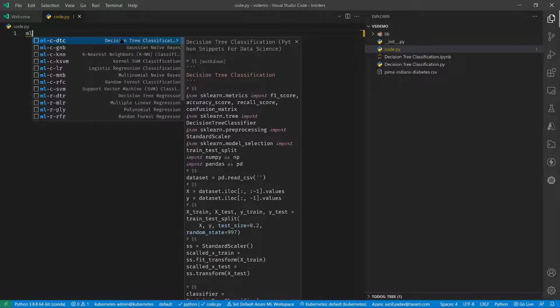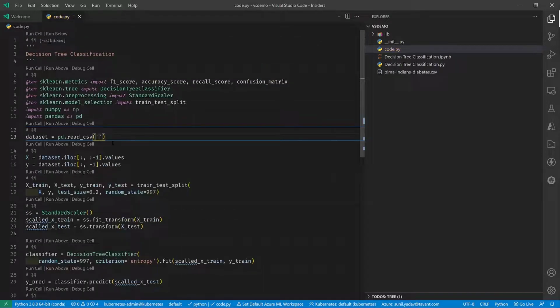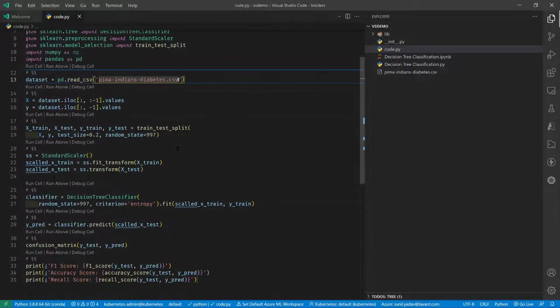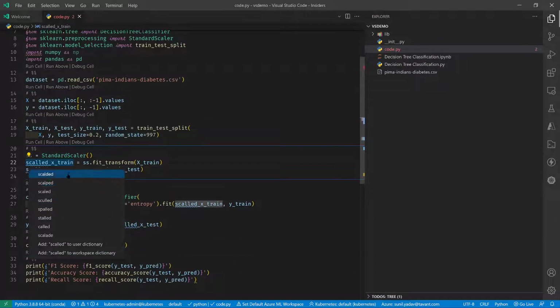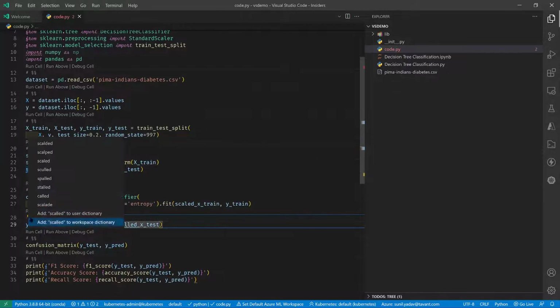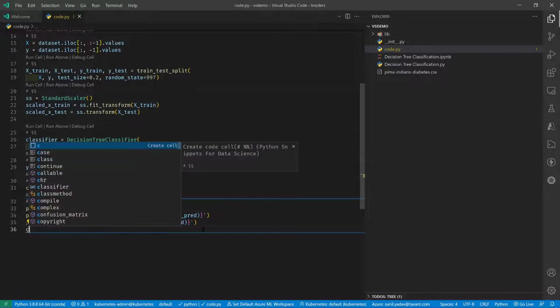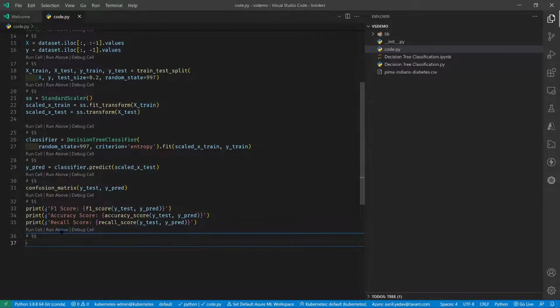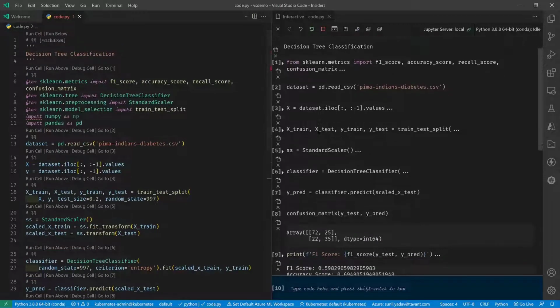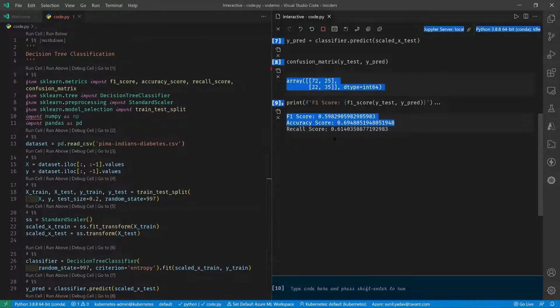If you can see here ML, it is coming from one of our extensions, that is the snippet. Now you can see I have almost everything. Just press tab and I can paste the CSV file name. You can use spelling corrections anywhere, scaled, and I can run it. This as well is coming from the snippet. You see how fast you can do the coding here. Whatever the scores are here, they are not important. But what is the important thing?